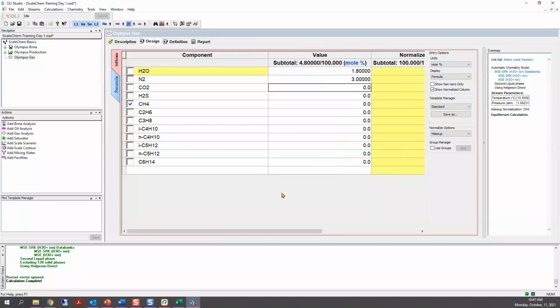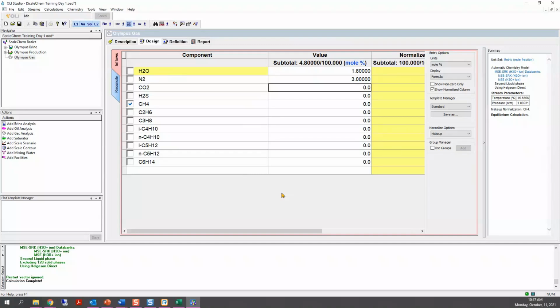And we need to account for the vapor liquid equilibrium. So whenever you have a gas, and in this case, you'll see that in the composition, you'll have CO2 and H2S. These gases will partition into this water phase, and that will have an impact in the scaling tendencies. So if you are given a gas analysis, it's important that you know the composition so that you are actually accounting for the scaling risk during production.